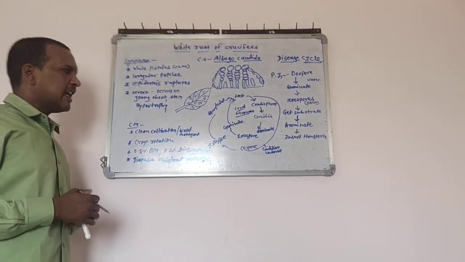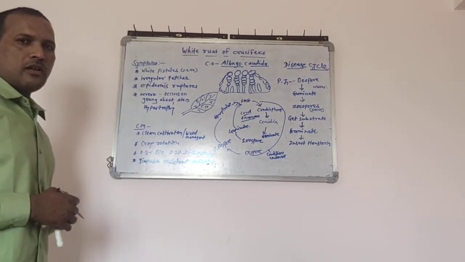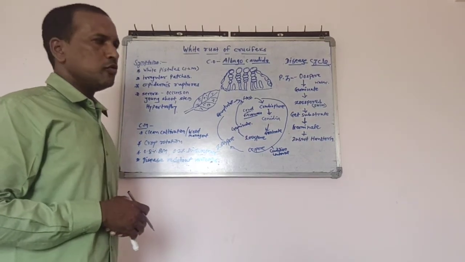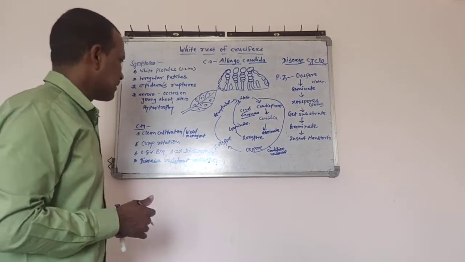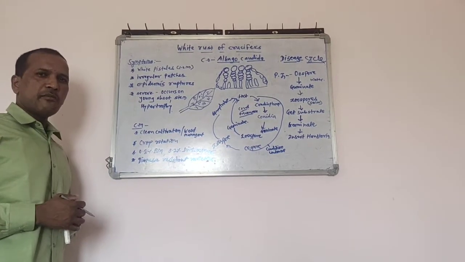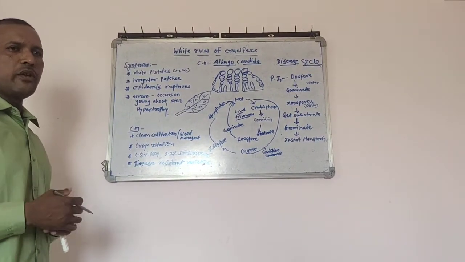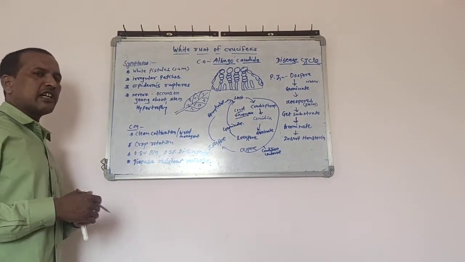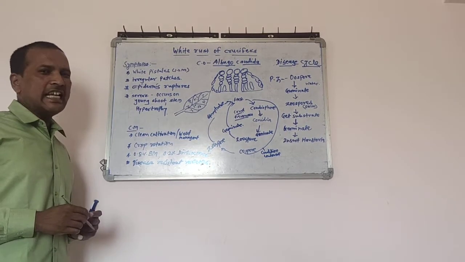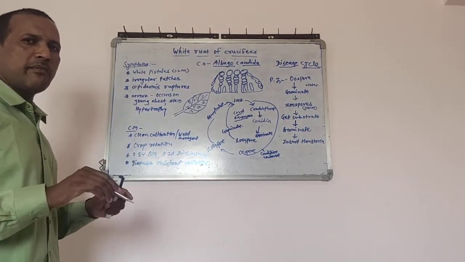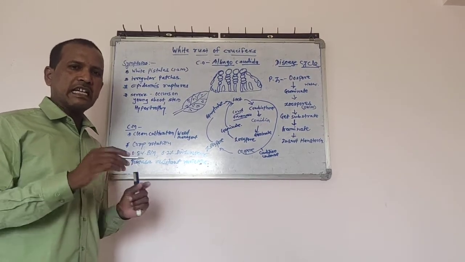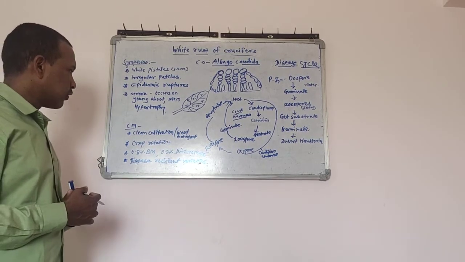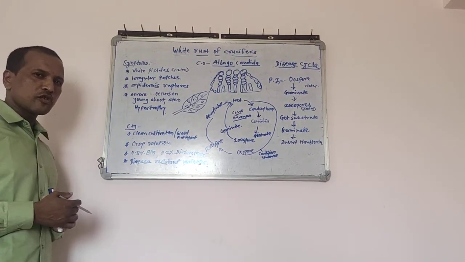This Albugo candida causes a loss of 25% to these crucifers or vegetables. And the last point is the control measures: how to control Albugo candida or the white rust of the crucifer. The first control measure is clean cultivation. Always keep your field in clean condition, and weed management is also very important to control this white rust of the crucifer.